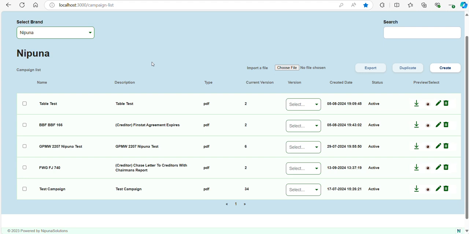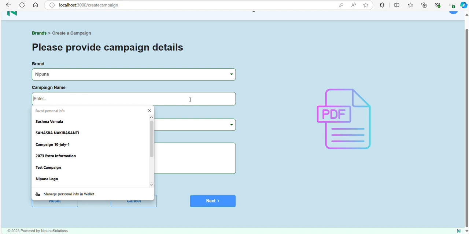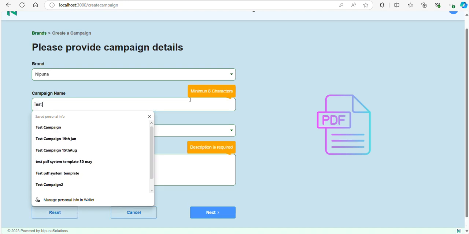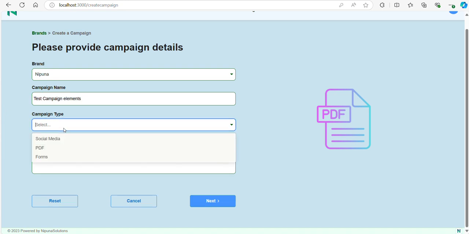Let me show you how to build campaign content using the different elements we have in our design. This is the brand I have selected here, and let me create a new campaign. I'm giving some description, and it should be the PDF campaign. Click on next,